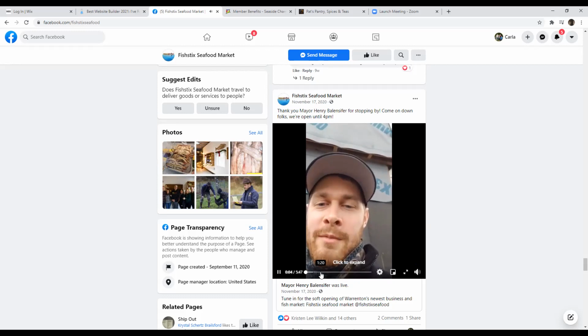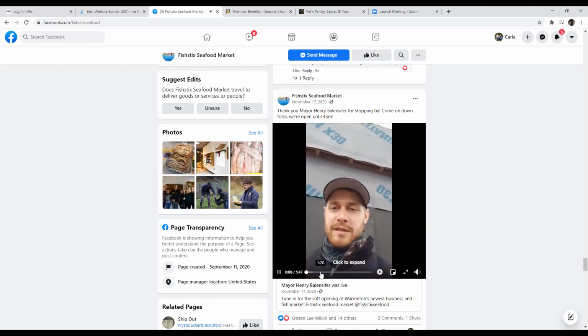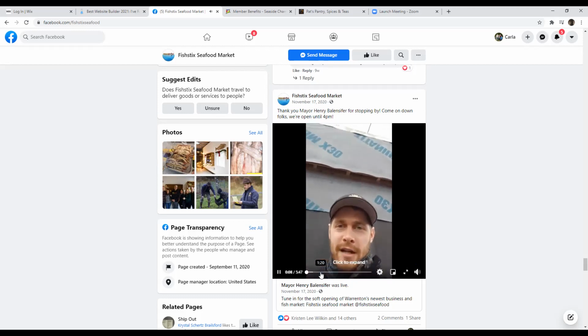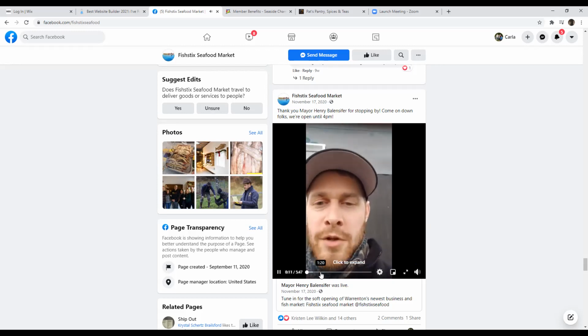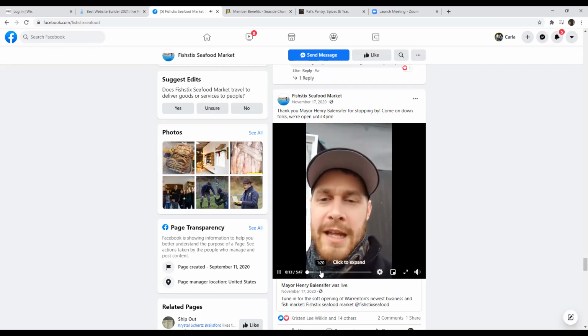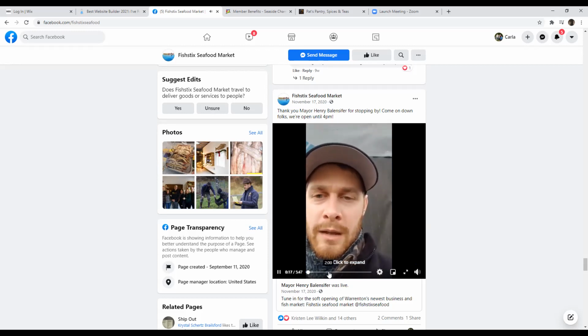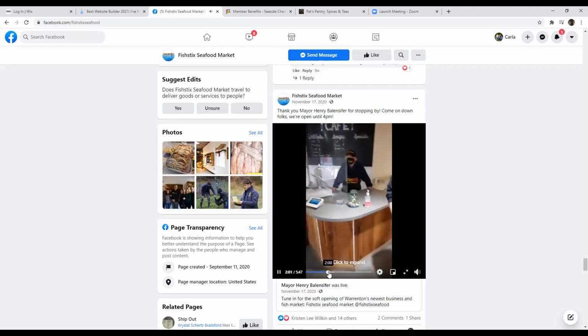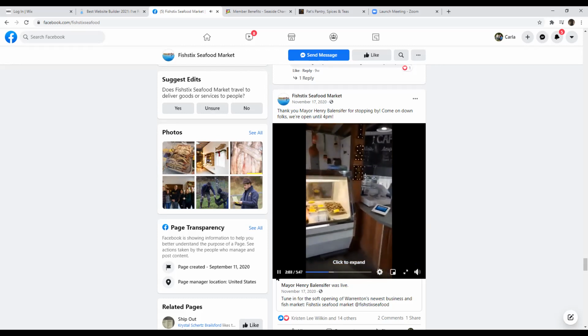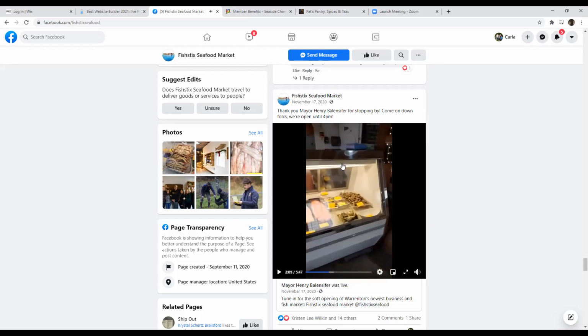And I'm in front of an unfinished building. It's finished in the sense that it's occupied, but they still got some facades to do. As you know, the Warrenton Urban Renewal Agency has a facade improvement grants program. Okay, and I'm going to fast forward. So you can see he went into the business, and the business owner showed him around, showed him what products. And again, that's just an example of free airtime